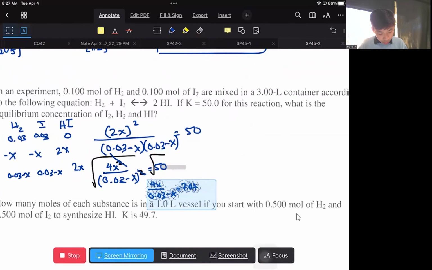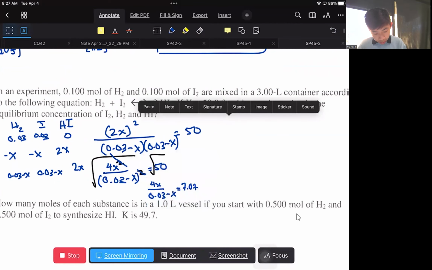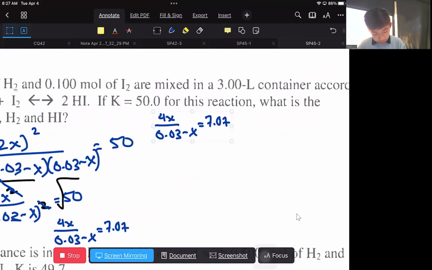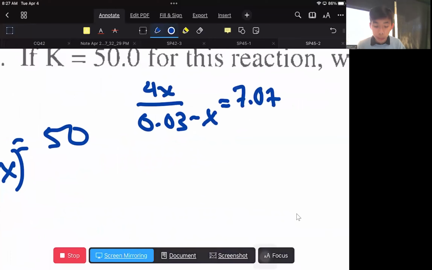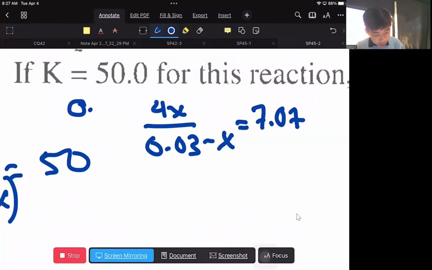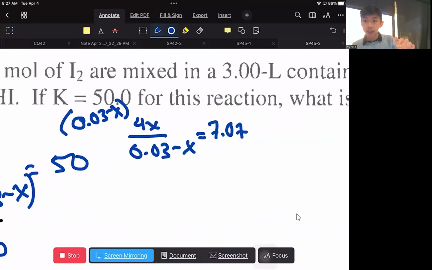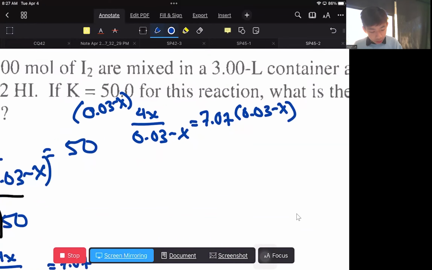Let me move this up here. Okay. And then you multiply both sides by 0.03 minus X. The reason for this is that you want to get rid of the fraction bar. So this will give you